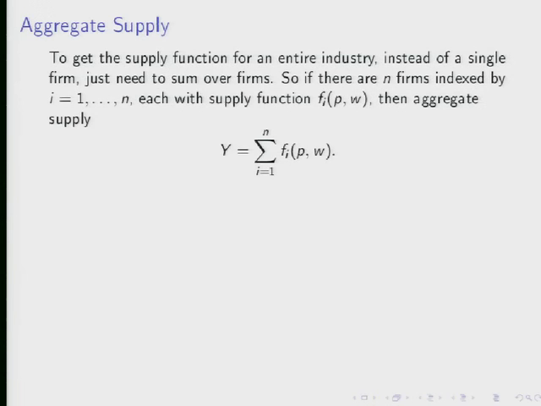Okay, so that's the example. Output for firm i is equal to some firm-specific technological parameter a sub i. So one firm can have a better technology than another firm, and it'll depend on the inputs the firm chooses. They're going to have the same exponents alpha 1 and alpha 2, just by assumption. That's going to give it a supply function which is going to look like the thing we've got up there. Let me write this in a little bit simpler form. We'll have